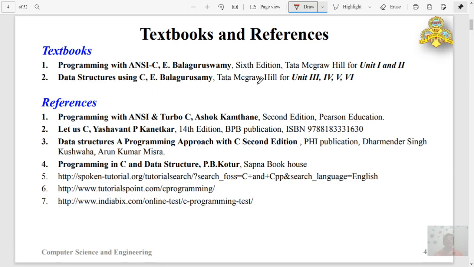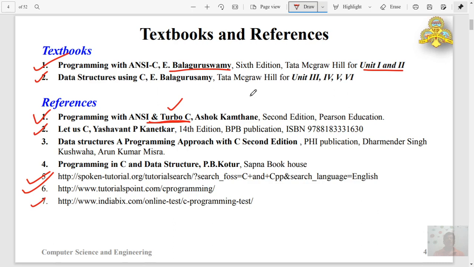But one thing is, if the programming book is a little bit old, then an older version of the C compiler may be used in those books. For example, if the book covers Turbo C, then it is a very old C compiler which has some functions very specific to the MS-DOS operating system. So in such cases, the example programs given in such books may not work in the current C compiler that we are using in our computer lab.